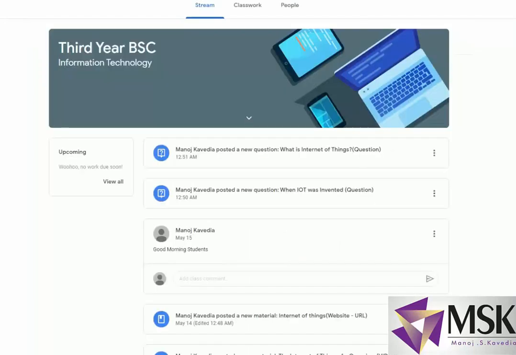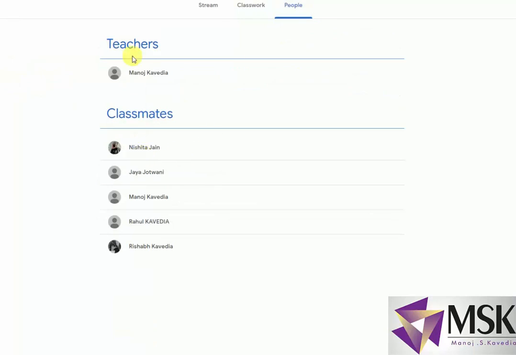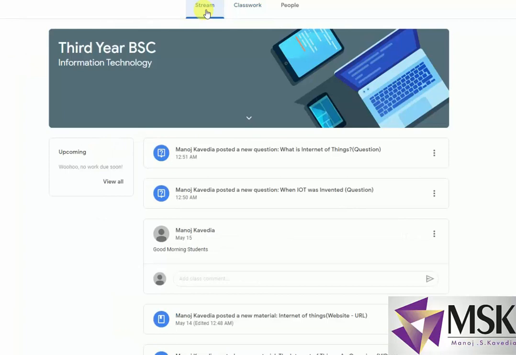Let's go to classwork. In classwork, let's go to classwork and see the details. So all things which were set are here. He is getting correct answer 2 marks. In the stream, the questions are there.